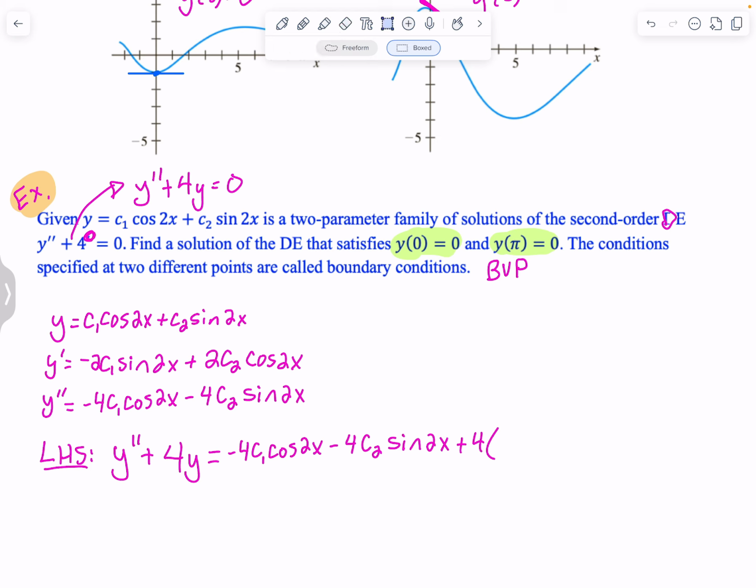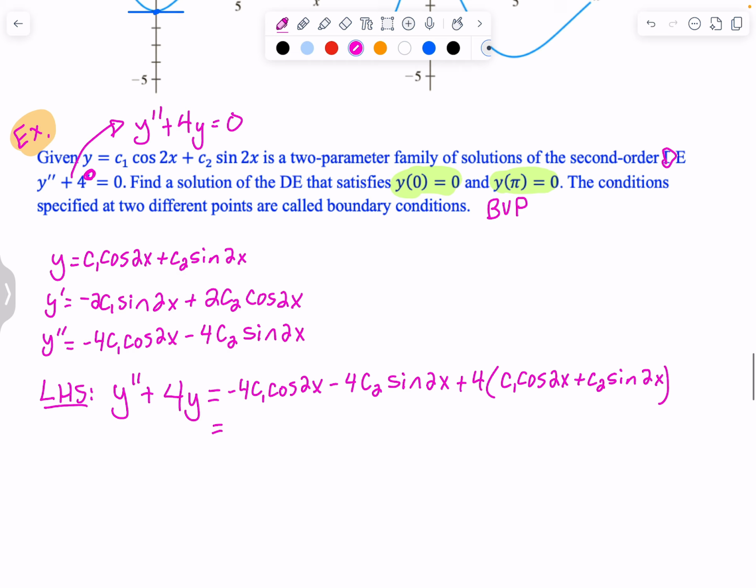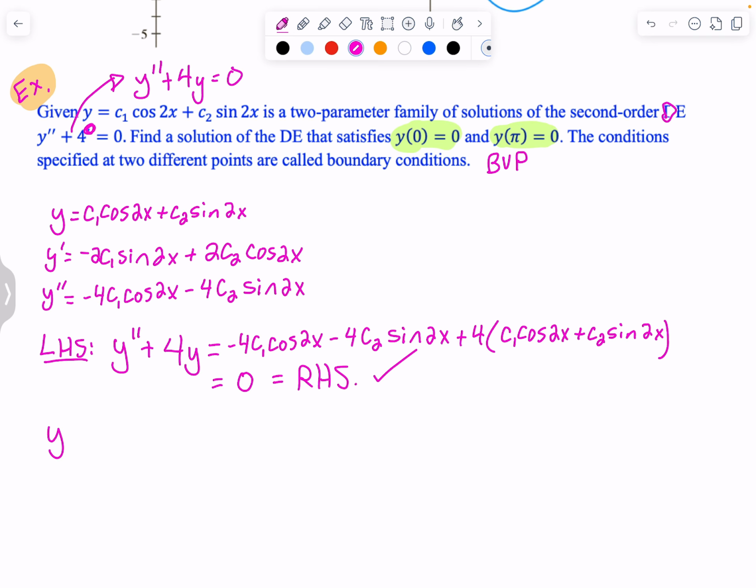And I just realized they never told us to verify. But here we are, and we're practically done verifying, so we're going to continue. All right, so this is equal to, you can see that everything here is going to cancel out. If you're on a test, I'd recommend you just do one more just in case you mess up, so you can squeeze out as much partial credit as possible. But yeah, okay, there we go. And then now they want us to find a solution with those, and this is going to give us a